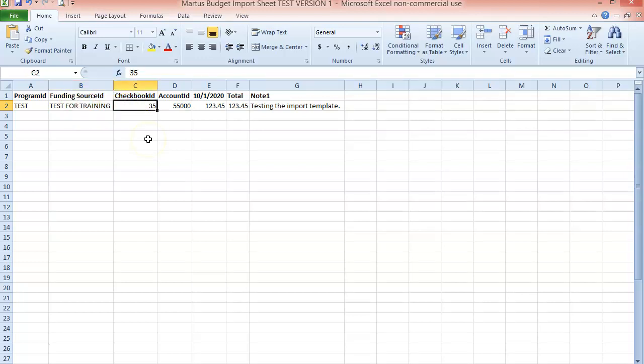Your checkbook ID is your actual checkbook number. The account ID is just the account number, not the names. So in this example, I'm using the account number for tribal employees. I only have the numbers showing. And in these first 4 columns,